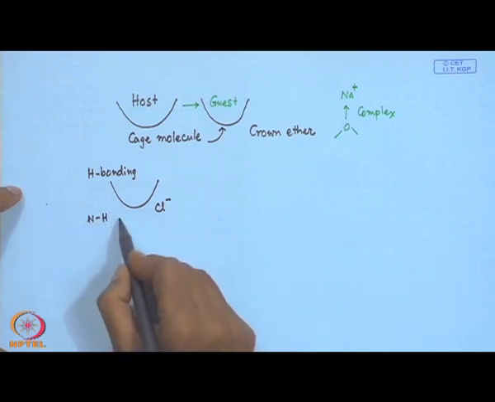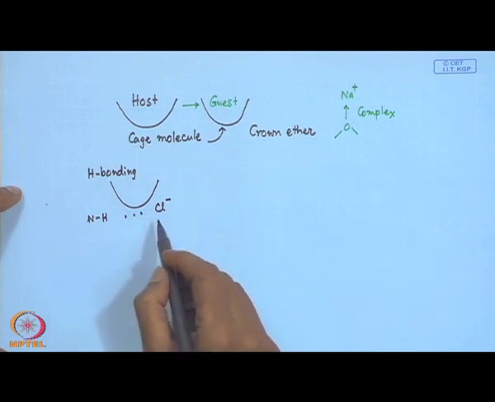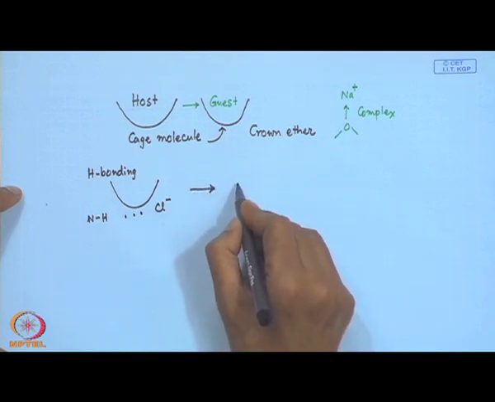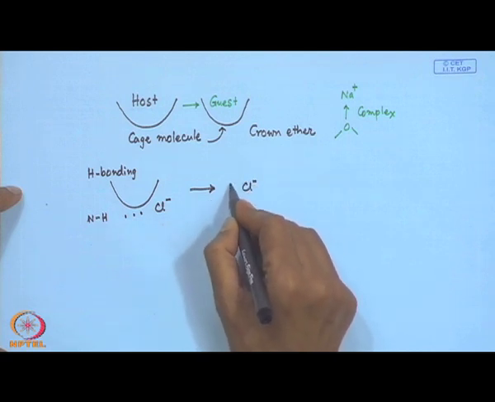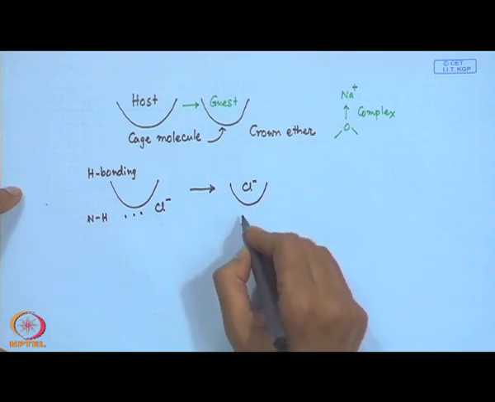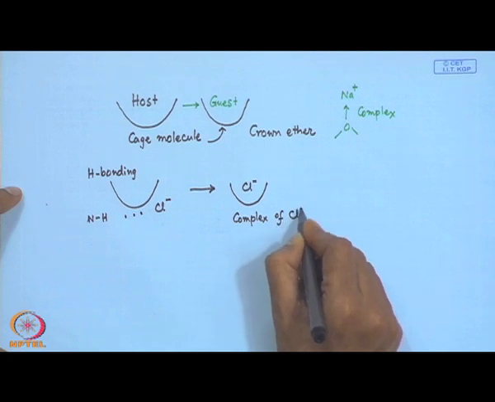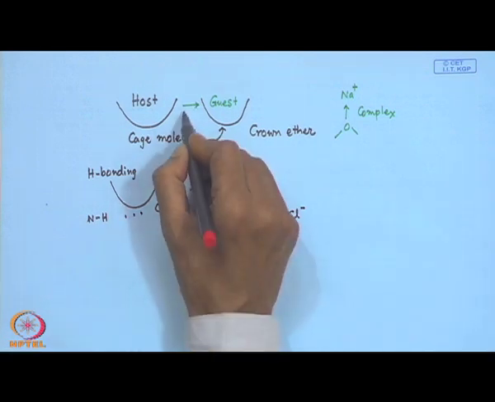So, these NH groups can interact with this Cl minus through hydrogen bonding interactions, and we get the corresponding complex species where this hydrogen bonded form of Cl minus is there. So, it can also be considered as the corresponding complex of Cl minus. So, in all these cases there are some equilibria,